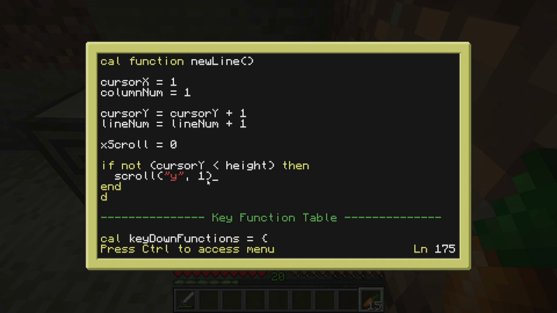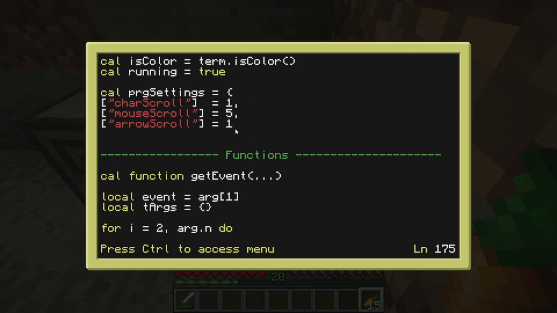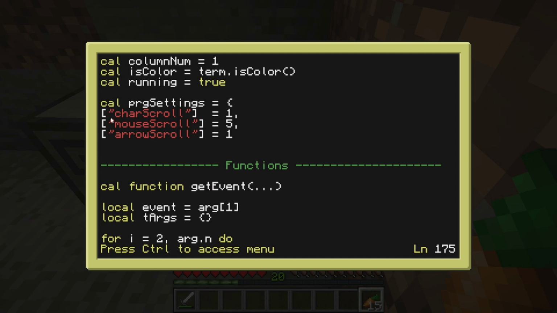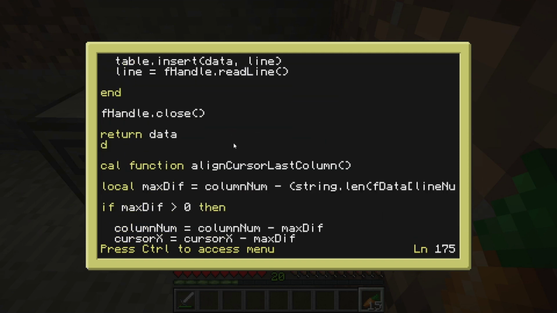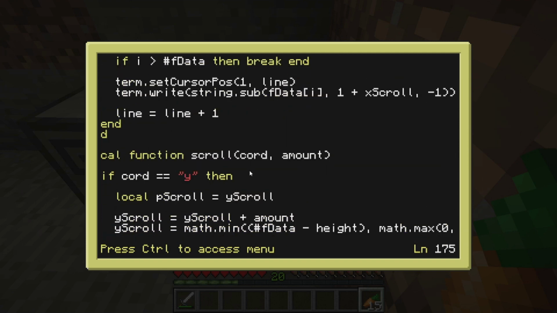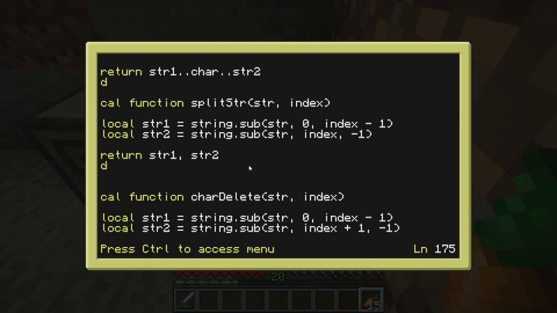And we could probably actually make this program settings dot char scroll, I think is what it is. Let's go up and look at that. Yeah, char scroll. So that way it will scroll however much the